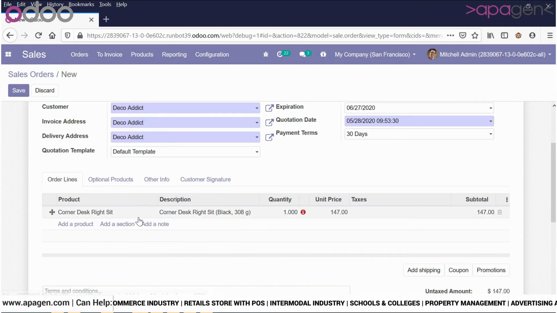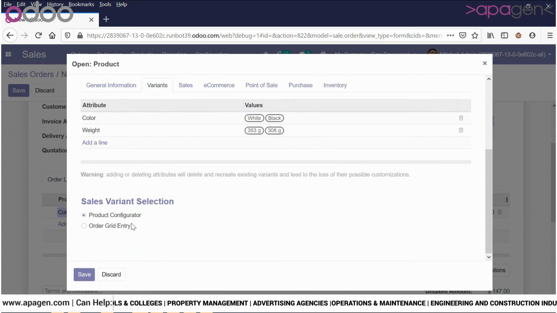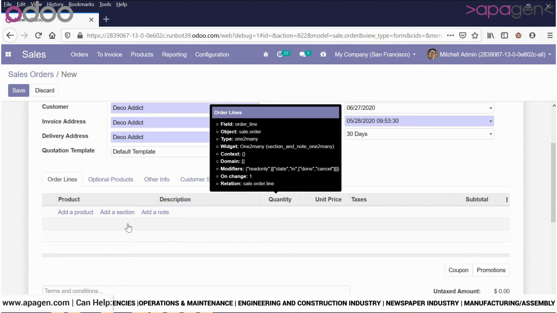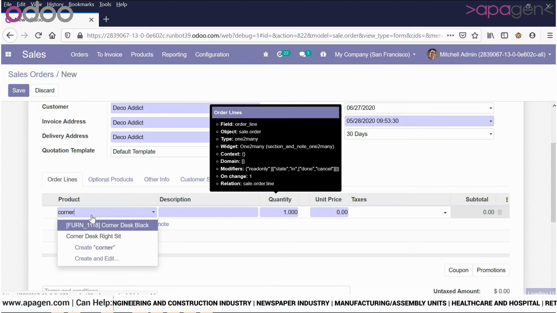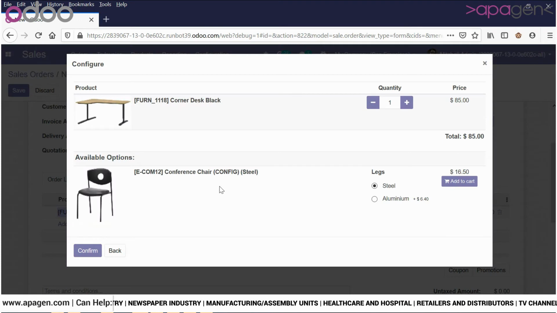There could be other ways of looking at this as well. So this is a grid view, as you can see.